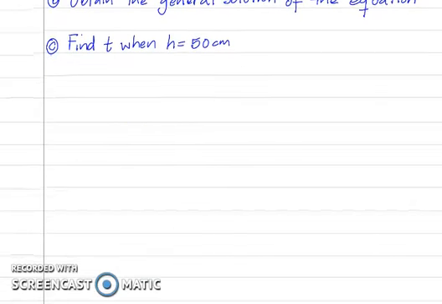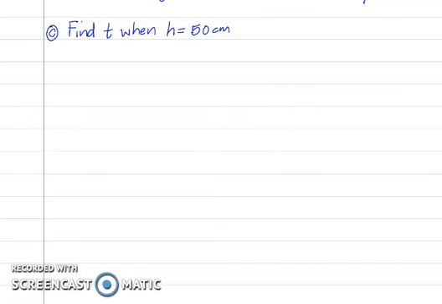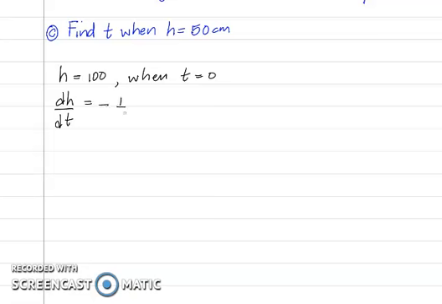All right, so let's start by including some information we got from reading the question. For starters, we got the boundary condition: h is equal to 100 when t is equal to 0. We got that from the fact that the height of the cylinder is 100 centimeters and the cylinder is initially full. The second boundary condition we got is that dh/dt is equal to minus a half,